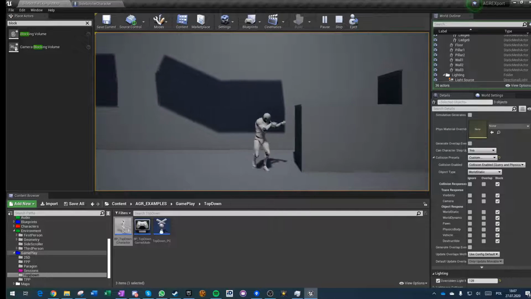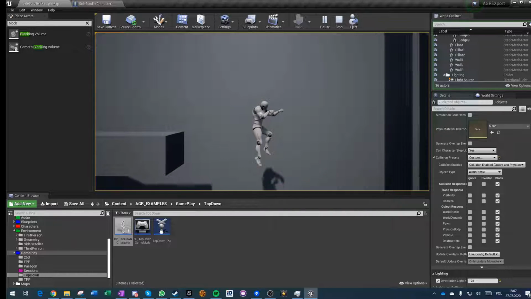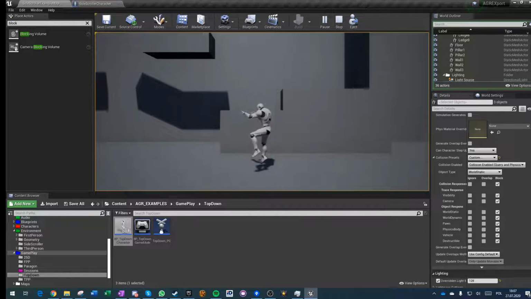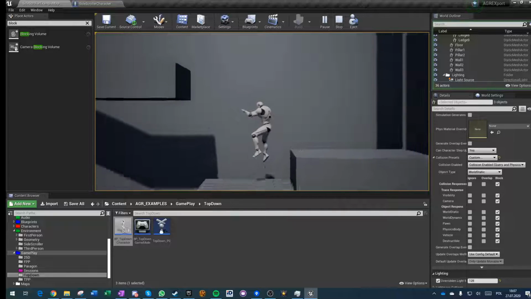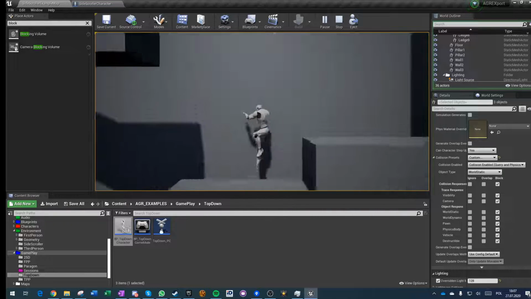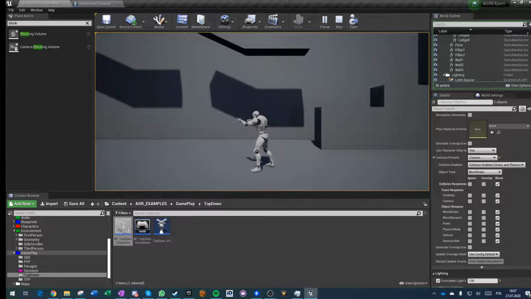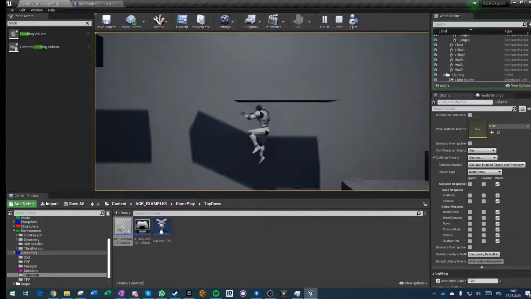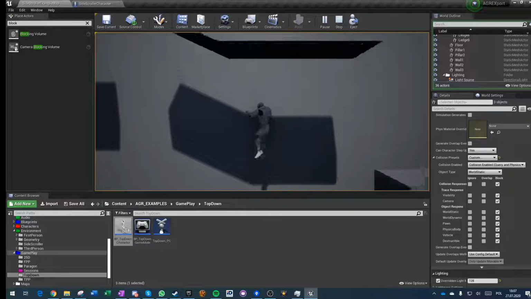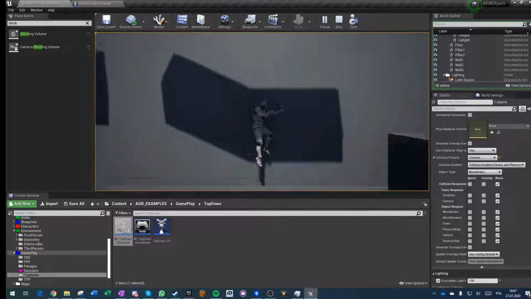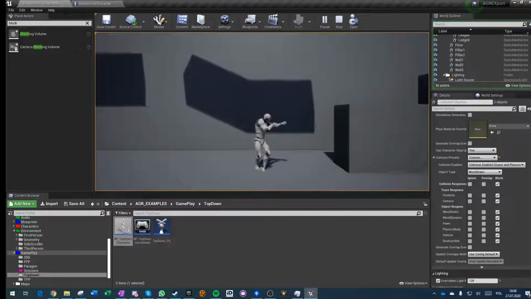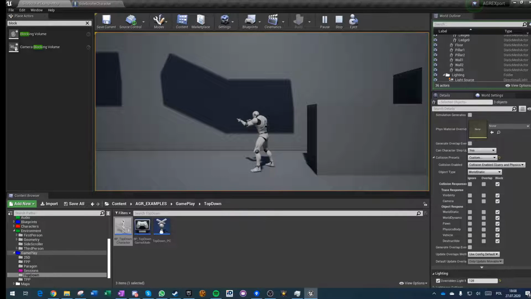And we can still jump and use our air control to go in depth and closer to the camera. Oh, that's interesting. Okay, so that will be something to sort out, but